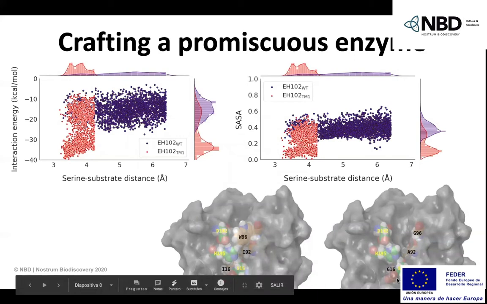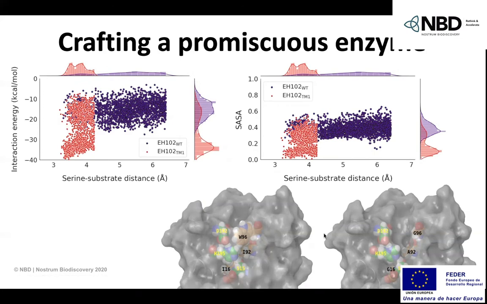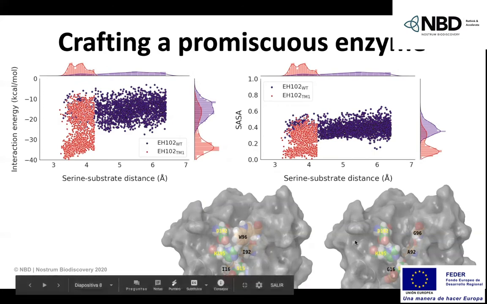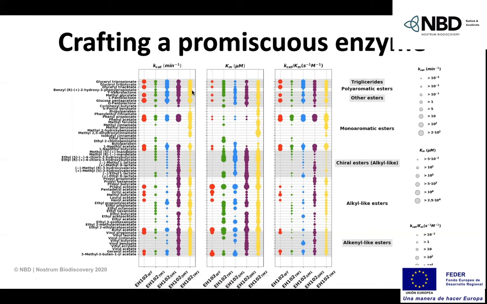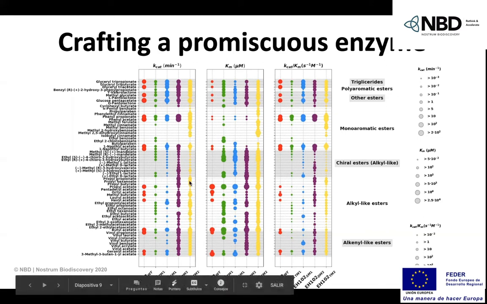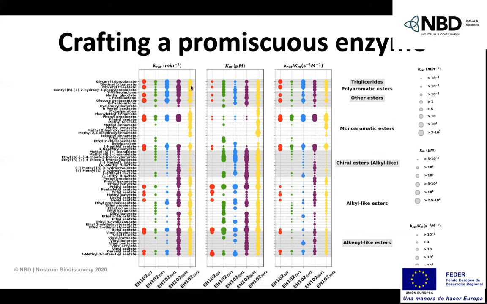This shorter residue allows the serine to have high mobility, something that we were able to identify through molecular dynamics, and instead we replace it with alanine and leucine and try both and create a new generation. This new generation leads us to TM2, triple mutant 2, that has an expanded substrate scope, but also keeps the